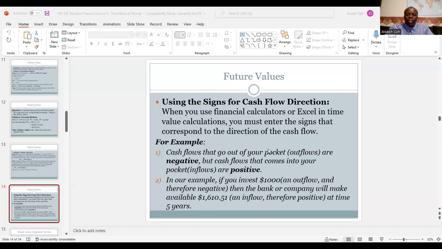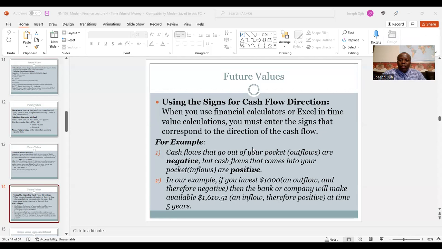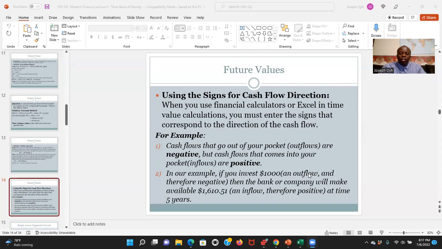In our previous lecture, I introduced how to calculate the future value of an investment. In this lecture, we'll continue with this topic and do more examples on it so that you can master the process. Before we begin, I would like to remind you again that if you're using Excel or a finance calculator, you